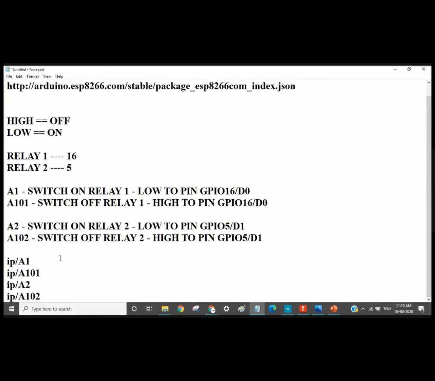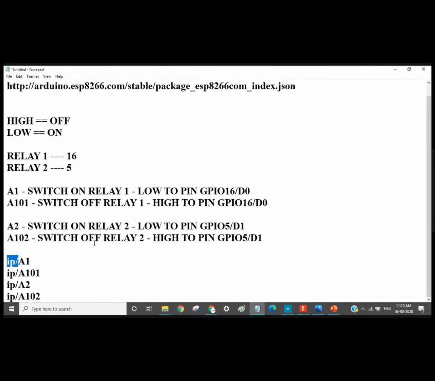But the server or the device only needs to read this, right? This is for communication purpose. For example, if you are giving the wrong IP, then that device will not switch on or switch off. Okay, so we are using this IP for communicating with our specific device. Okay, so once the communication is done, we don't want this part, right?